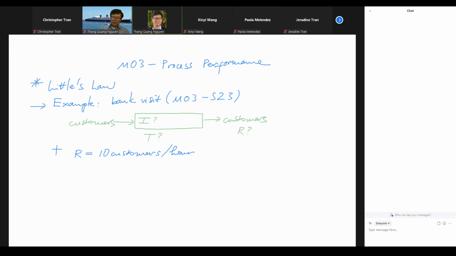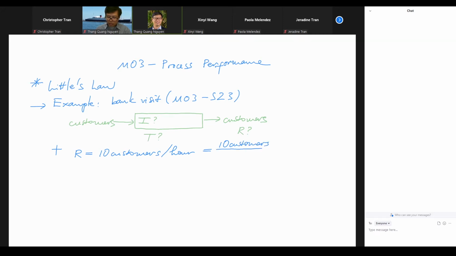So this is an average number. Based on this average number, we can scale it up or scale it down. For example, you can do half an hour, you can do every 5 minutes, or you can do every minute. And later on, we need to have the number per minute because the flow time, we're going to measure it in minutes, okay? So in this case, instead of 10 customers per hour, I will do that as 10 customers